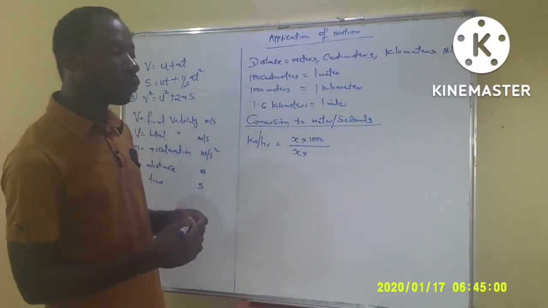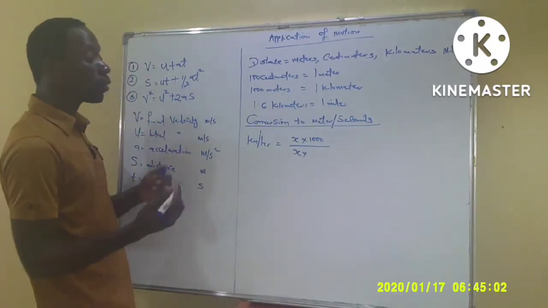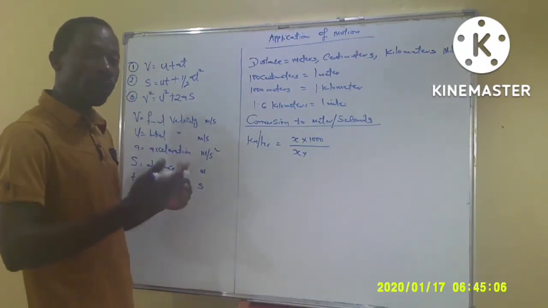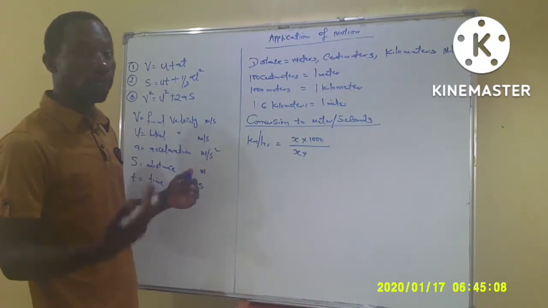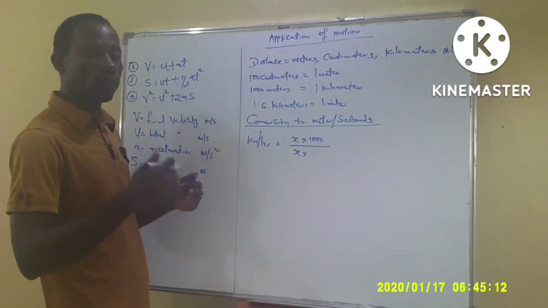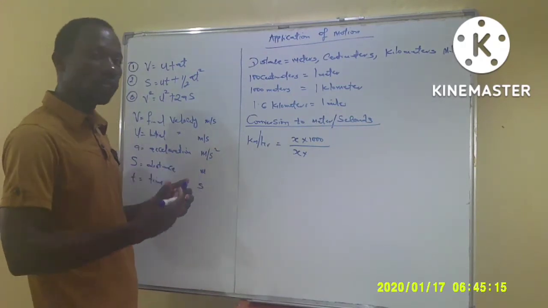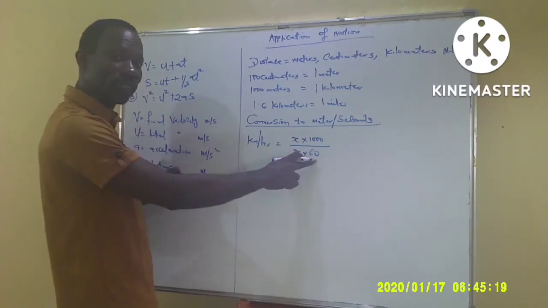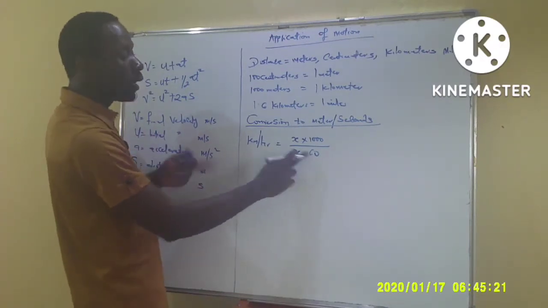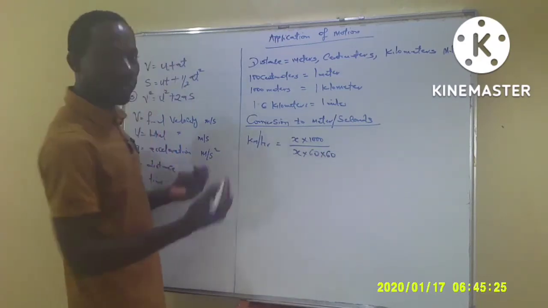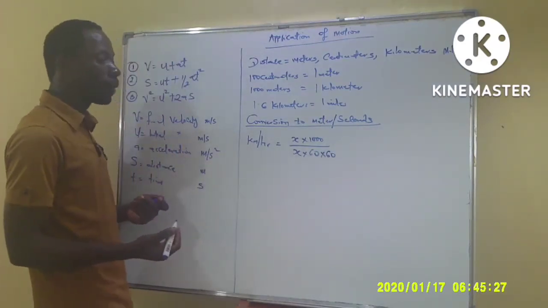You multiply this hour by 60, which gives you minutes, then multiply by another 60, since 60 seconds make 1 minute and 60 minutes make 1 hour. So at this point, we can say